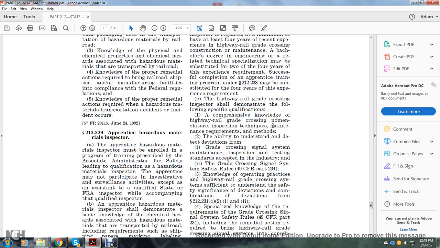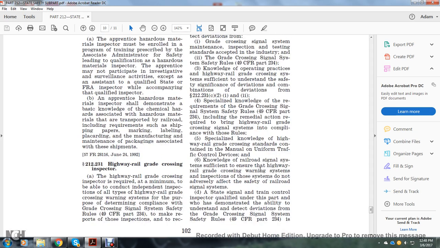crossing nomenclature, inspection techniques, maintenance requirements and methods, and the ability to understand and detect deviations from grade crossing signal system maintenance, inspection, and testing standards accepted in the industry and from the grade crossing signal system safety rules, Title 49 CFR Part 234. 3. Knowledge and operating practice of the highway rail grade crossing system sufficient to understand safety significant deviations from the combination of deviations from 212.231 C 1 and 2, and special knowledge of the requirements for the grade crossing signal system safety rules, Title 49 CFR Part 234, including remedial action required to bring the highway rail grade